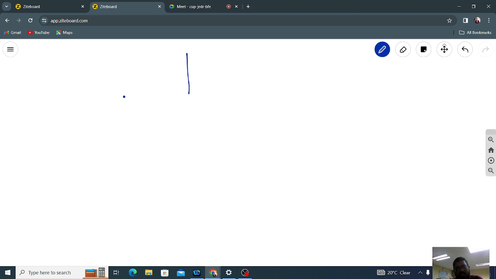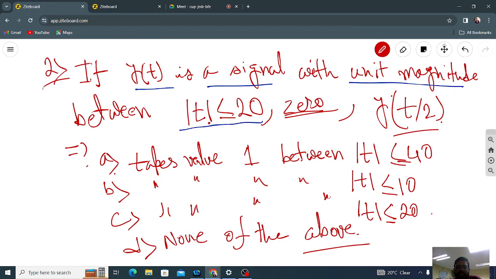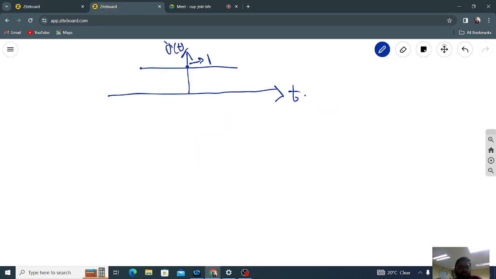So this is the space, this is actually t, and it says it takes the value unity. That means the value of y(t) is 1 within a particular interval. What is that interval? The interval is mod of t less than or equal to 20. So this is minus 20 and this is plus 20,